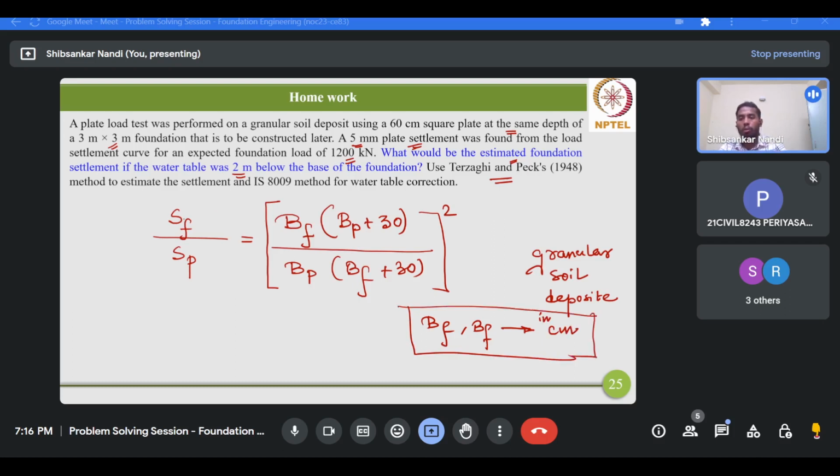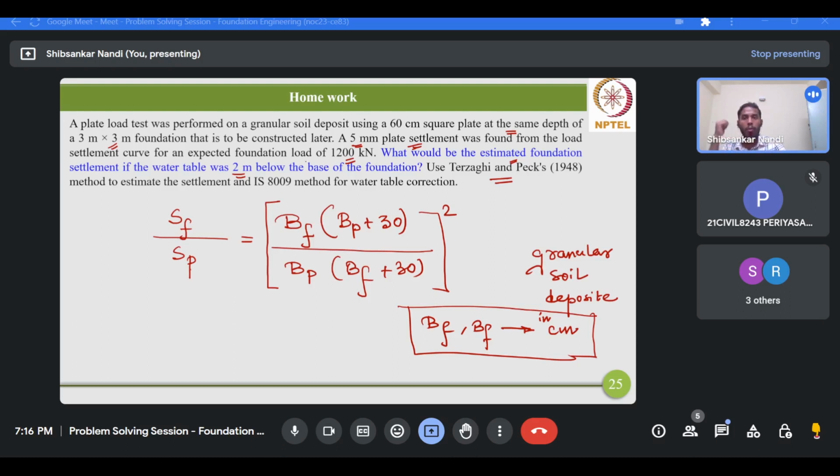Now here you know the plate settlement, you know the dimensions of the plate, that means the width of the plate and the width of the footing. So you can easily determine the expected or estimated settlement of the foundation of 3 meter by 3 meter. However, you have to correct this settlement for the water table,